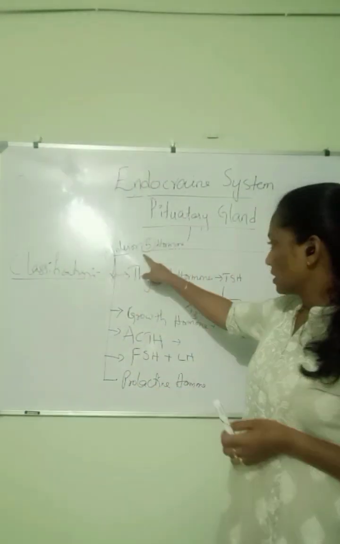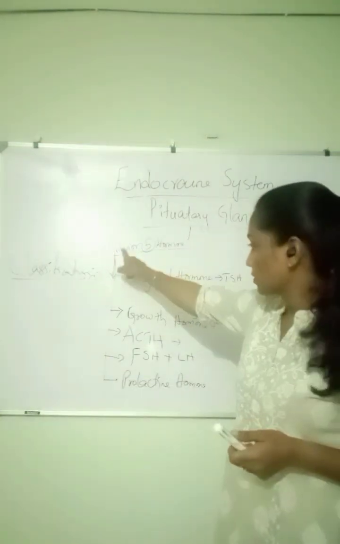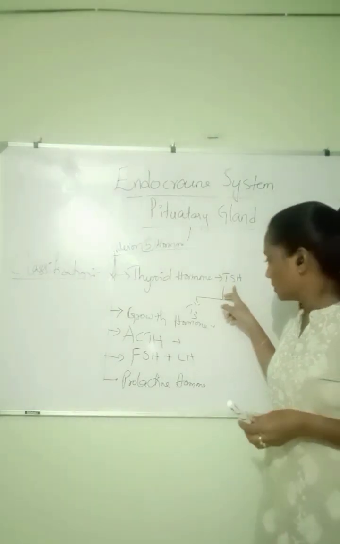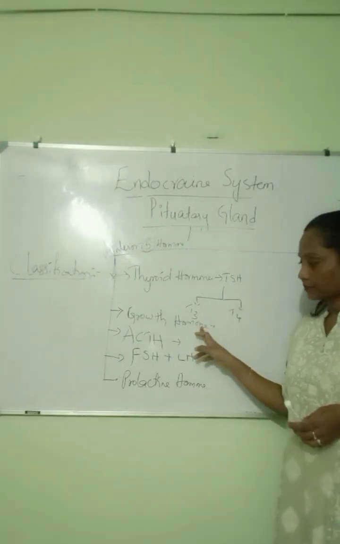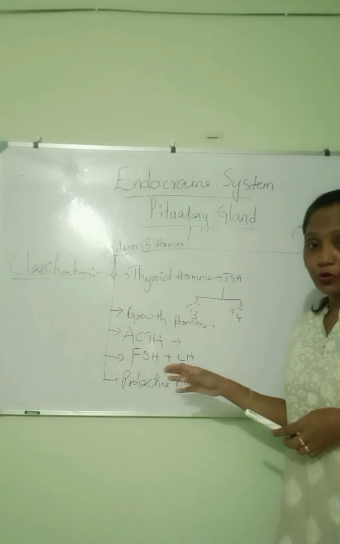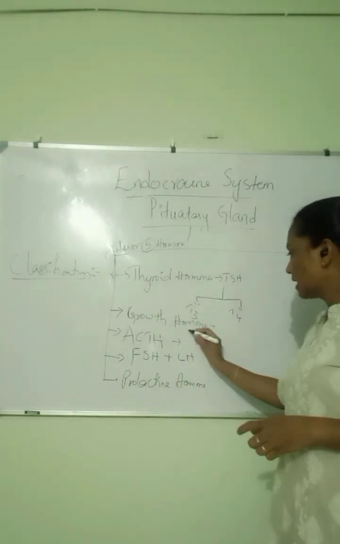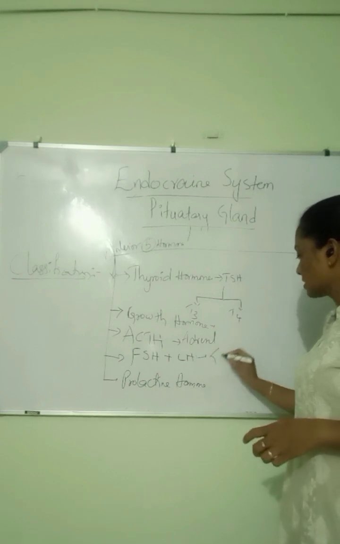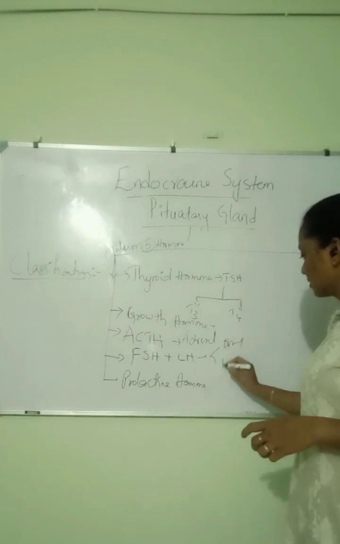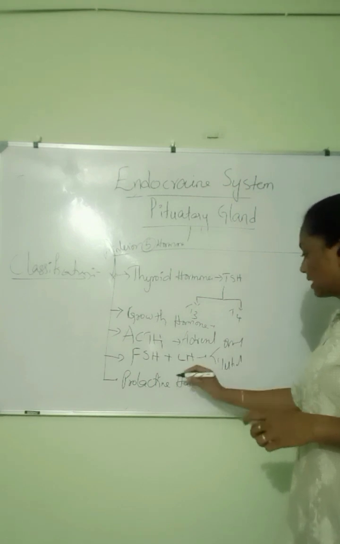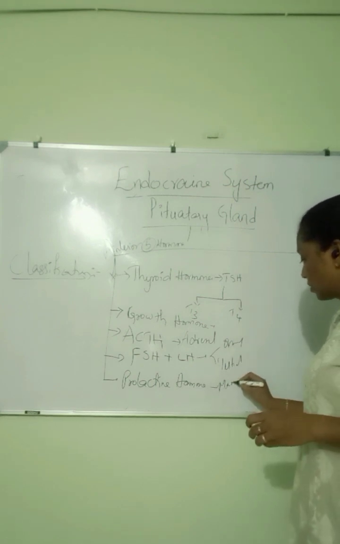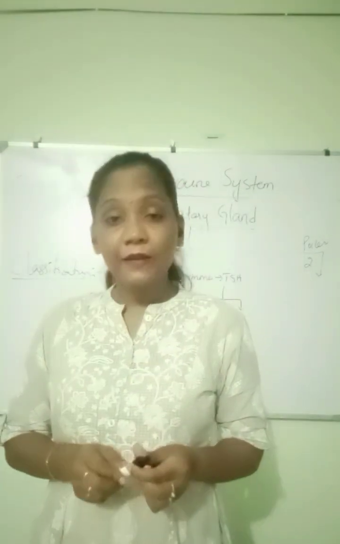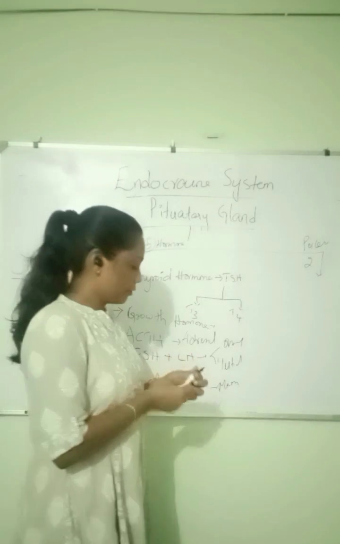I hope you understood the five hormones released from the anterior pituitary gland: thyroid stimulating hormone, growth hormone, and ACTH, adrenocorticotropic hormone, which acts on the adrenal gland. Then FSH and LH, which act on the sex gonads, ovary and testicles. And prolactin hormone acts on the mammary gland. That is why in the very first class I mentioned which glands are included in the endocrine system. Now, when we speak about